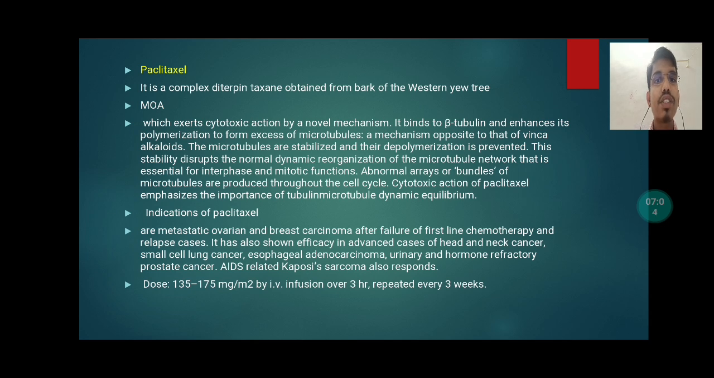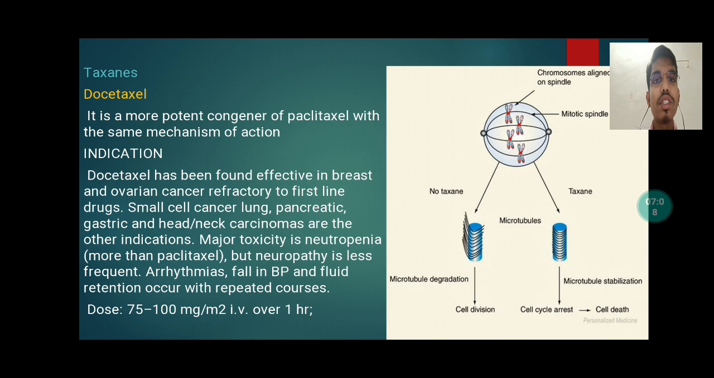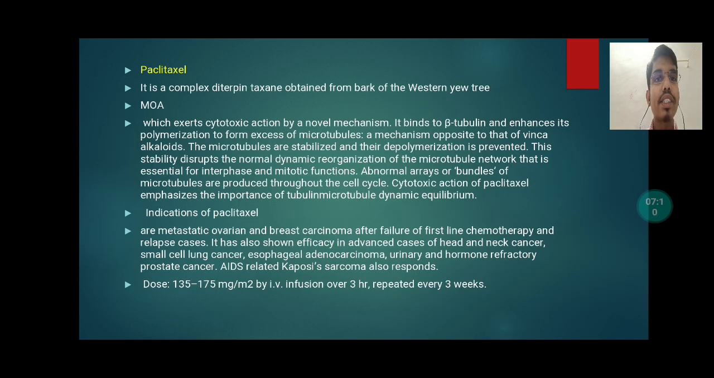See the mechanism of action. This category consists of paclitaxel and docetaxel. Paclitaxel is obtained from the bark of the tree, that is the western yew tree. Mechanism of action: it exerts its cytotoxic action by a novel mechanism. Novel mechanism means it binds to the tubulin protein of the microtubule and enhances the polymerization and